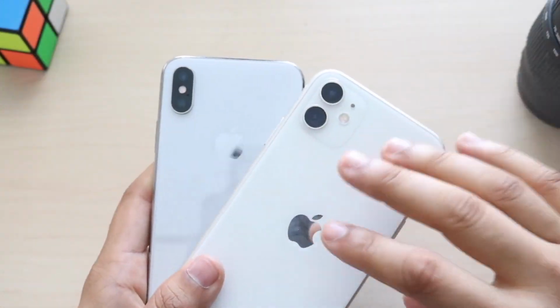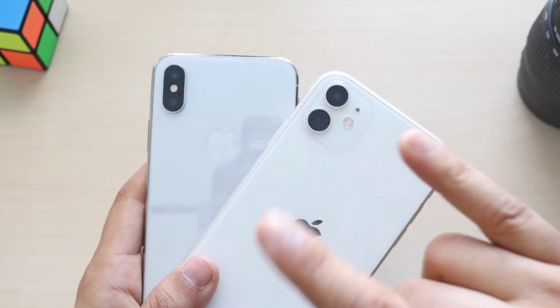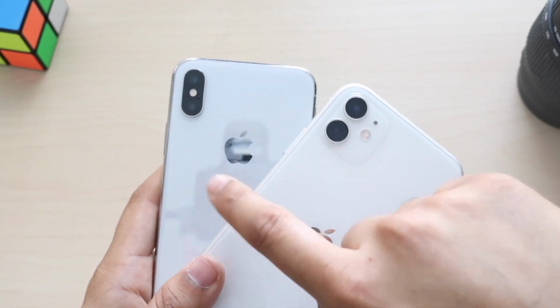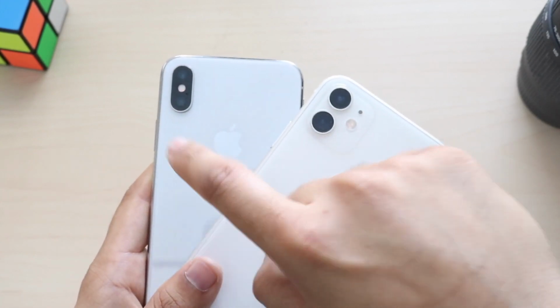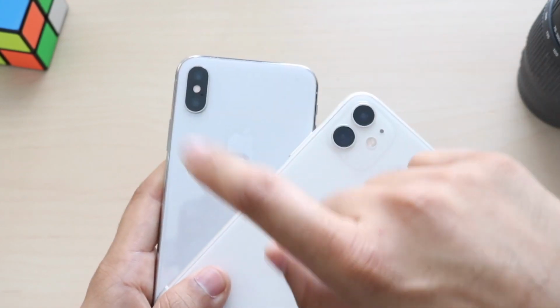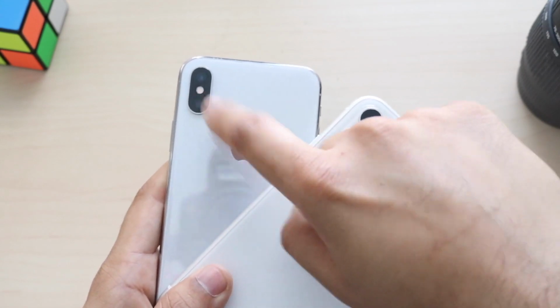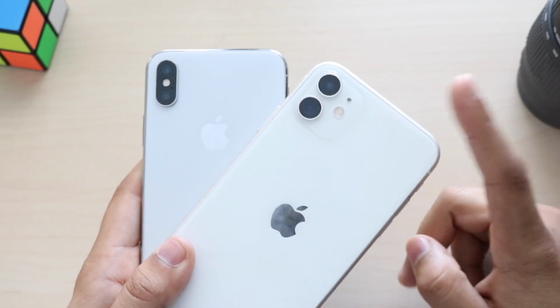Okay, now that we're back to kind of synopsize this whole entire comparison, what I'll tell you is, without a doubt, I think it's 50-50, okay? I think the iPhone 11's photo quality might be better for a little bit. We had better portrait mode for sure. We had a little bit more of a bokeh effect on the iPhone 11, but